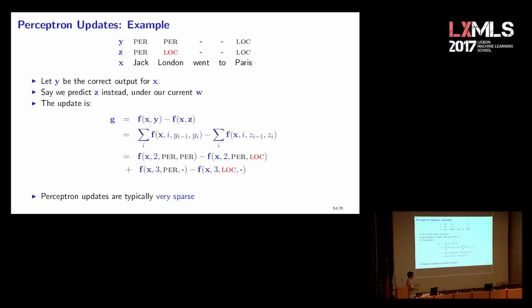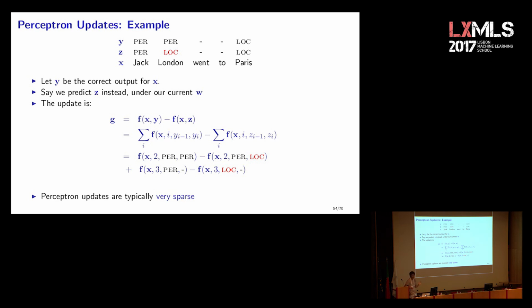And if it happens that each of these feature vectors is actually sparse, which it is. In the way we constructed our feature space at the beginning, it is very sparse. It happens that the perceptron updates are typically not sparse. They are really very, very sparse, okay? Because they only focus on the mistakes, okay? So even though perceptron is not explicitly regularized, it's something that produces very sparse feature weight vectors, and that's a